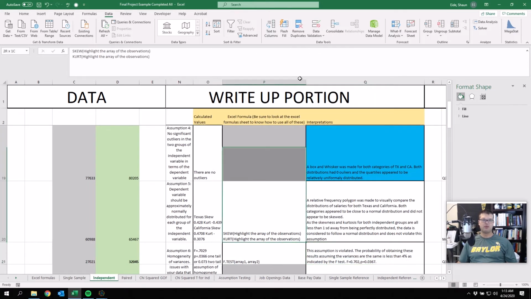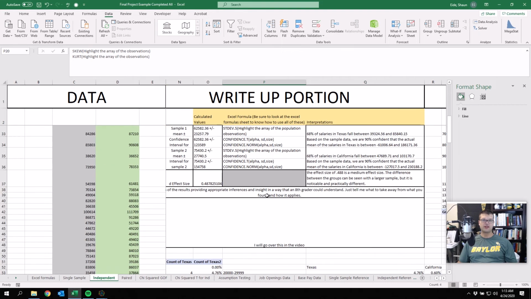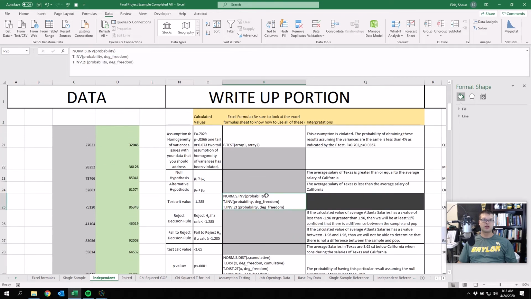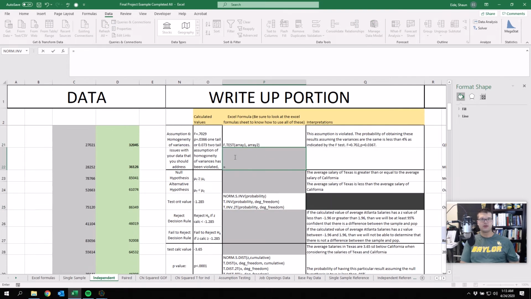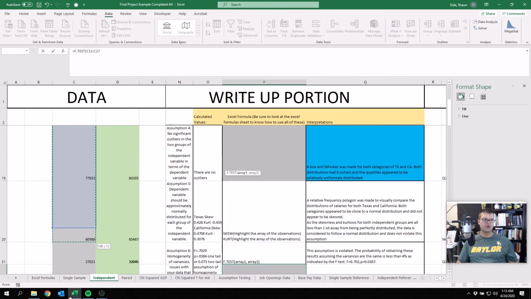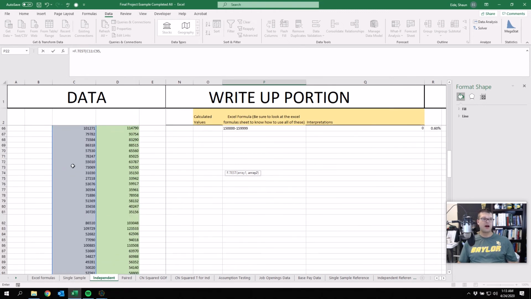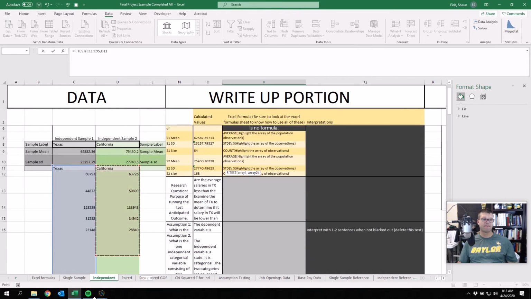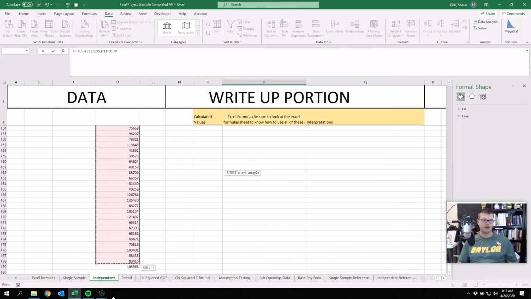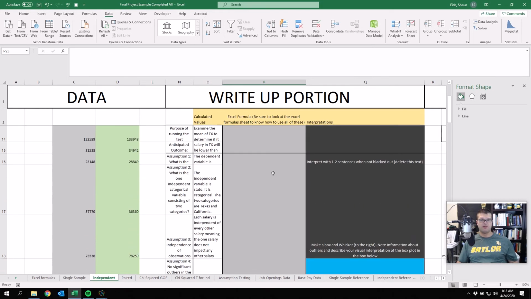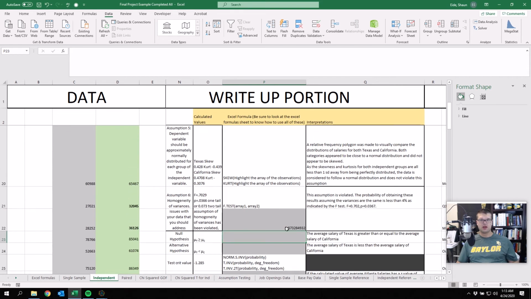Now there is another way to do this, and in this middle part right here is all the Excel formulas that you can use. So if I were to use the Excel formula and I were to do equals F.TEST, and I were to highlight the first array, okay, and then I highlight the second array, which I highlighted the category names too, so I don't know if that's going to make a difference. There we go. So it gives me